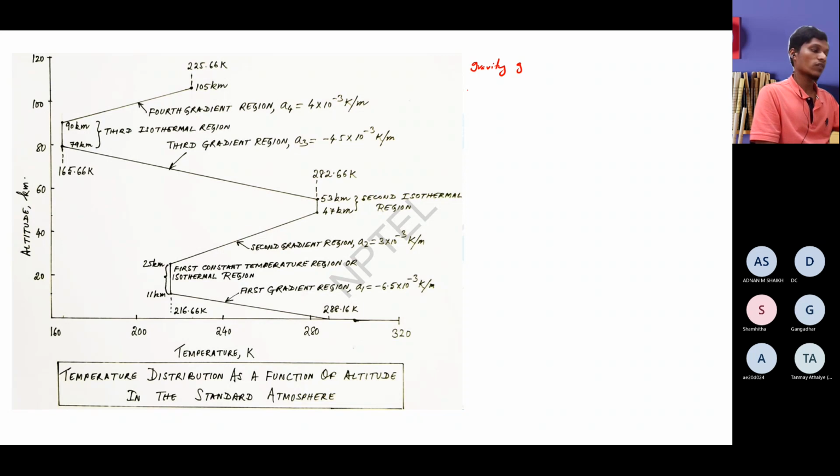How gravity varies with respect to altitude is also something the professor derived in the classes. The equation corresponding to the variation of gravity with altitude is g equals g naught times R by R plus Hg, whole square, where R equals the radius of Earth and Hg is the